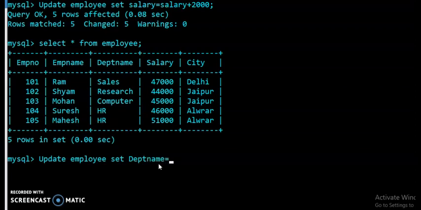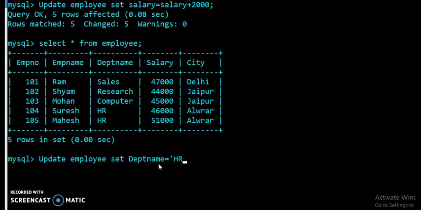I want to set Mohan's department, I want to change Mohan's department to HR. Whatever new value you want to set, I want to set HR in place of computer.